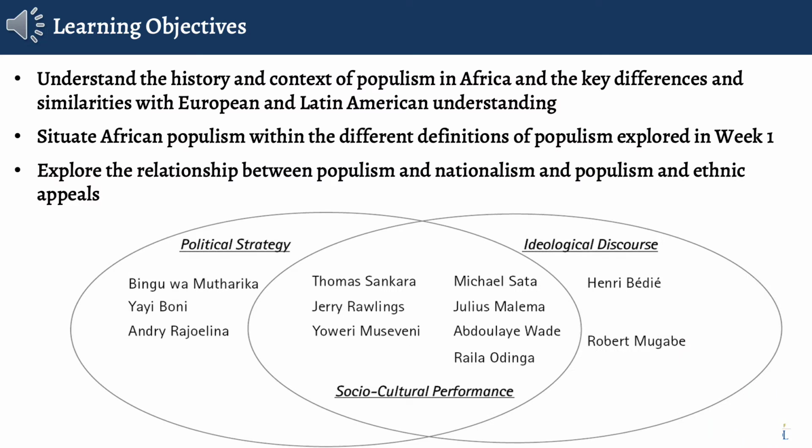So, unlike the other regions that we've looked at, populism in Africa is very interesting, but very understudied. As you may be aware of by now, most cross-regional comparisons of populism have focused on Latin America and Europe, and this is partly reflected in the structure of this course, right? This is the first year that we've included populism in Africa, but there is some content out there and